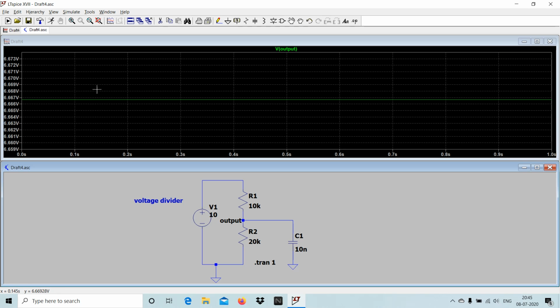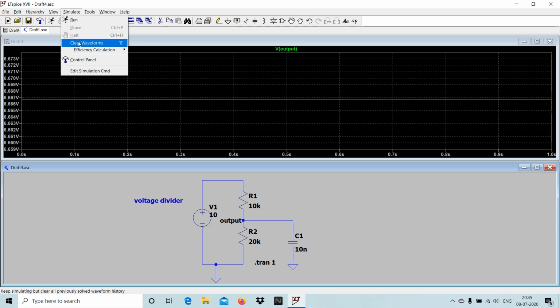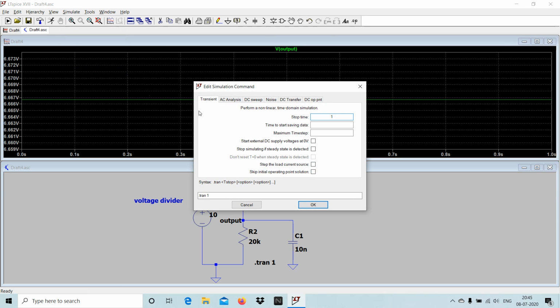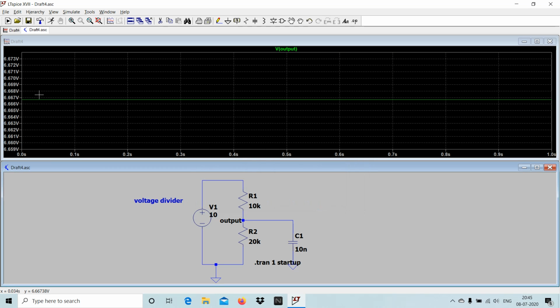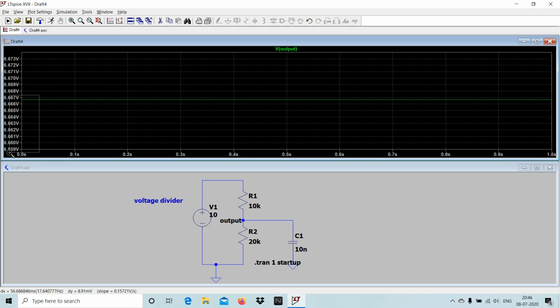For that, small changes we have to do. We have to click simulate, edit simulation command, and click start external DC supply voltage at 0 volt. Okay, now I am going to zoom.